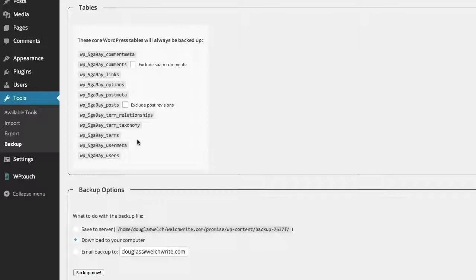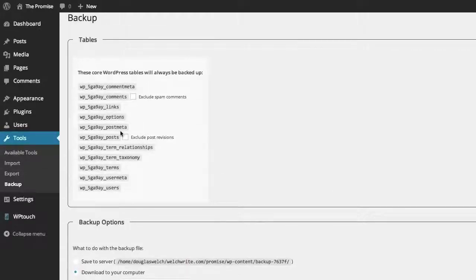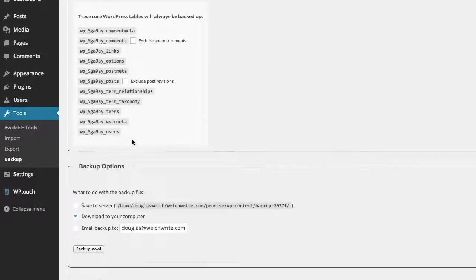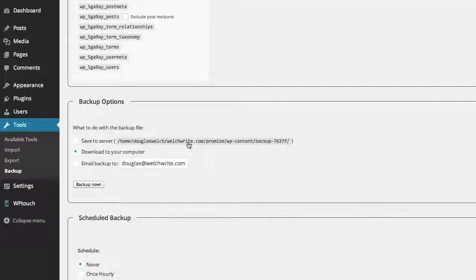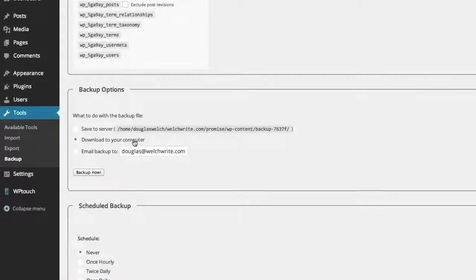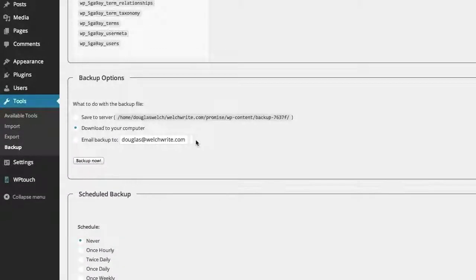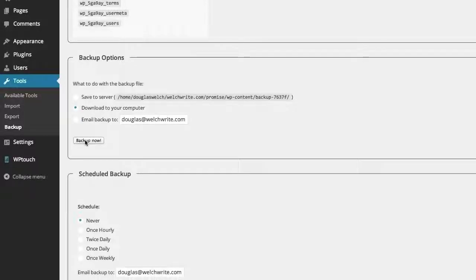When you first run WordPress Database Backup, it says, here's what I'm going to back up. Here are the databases I'm going to back up. And then you have some various options. The first set of options is, what do you want to do with the backup file? Well, you can store it back on your web server if you wish, which really isn't that secure. You do want to have a copy of your data elsewhere in case something were to happen to your web server. You can download it to your computer, or you can even email it to an active email address that you might have. So if you wanted to do an immediate backup of your system, you could simply click Backup Now,